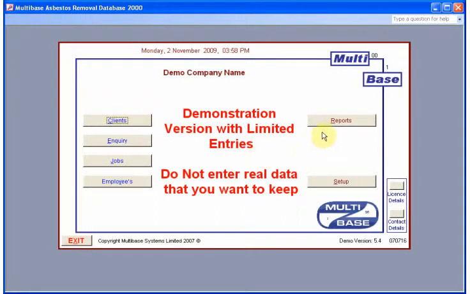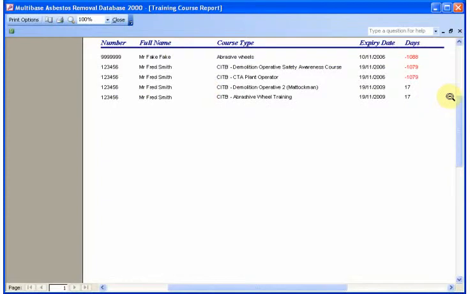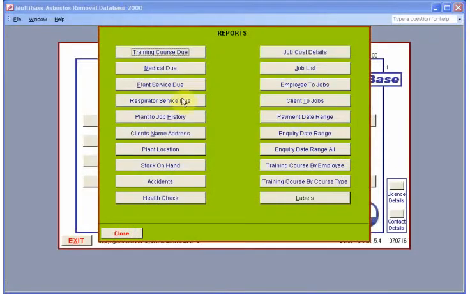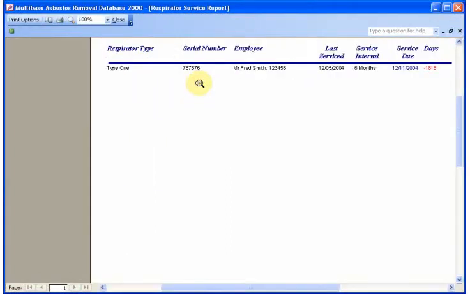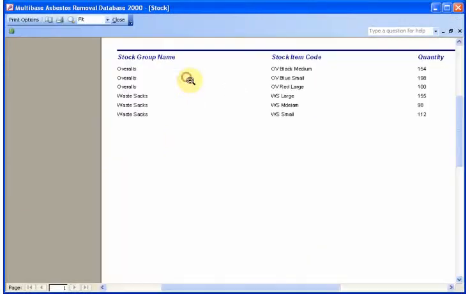Let's close this form. Also within the system we have training courses that are due, medical courses that are due, plant services that are due. So if we look at the training courses, you can print out a list of the people who need a course, how many days over it is, and whether we need to retake it. Respirators that are overdue service report, stock on hand report,